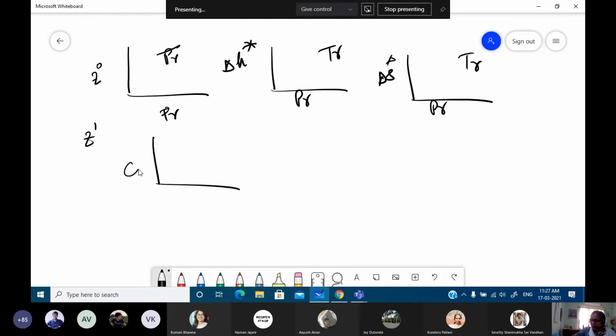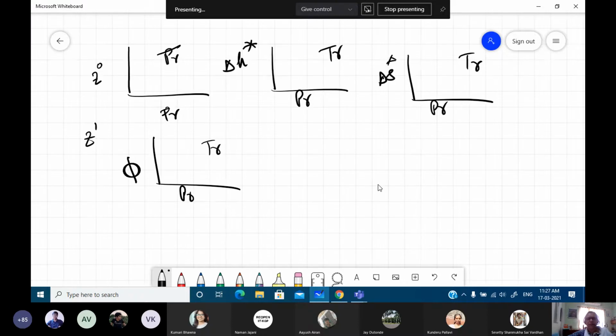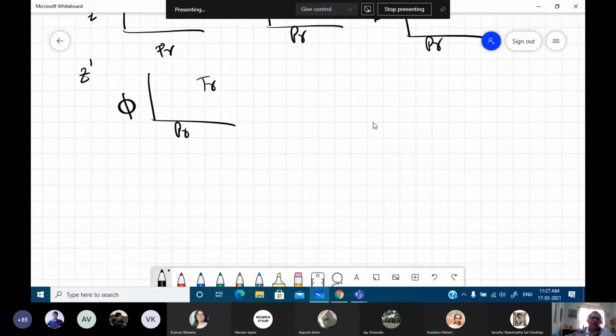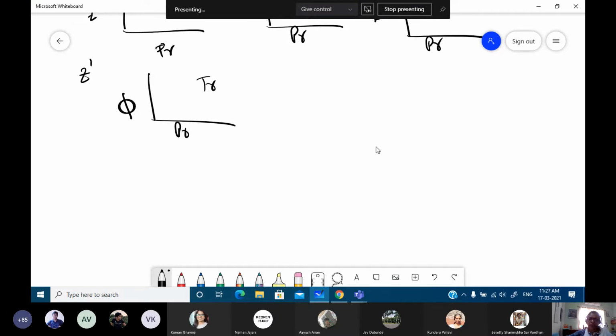And then there were charts of phi as a function of PRTR. All these charts are available in any standard thermodynamics textbook. You consult YVC Rao, you consult anything, these charts are available. Even in my lectures, these charts are there, you can take it. So I don't think I'm going to upload them anymore within the files assignment. You can take it from any standard textbook that you have. You can also take it from the lectures.